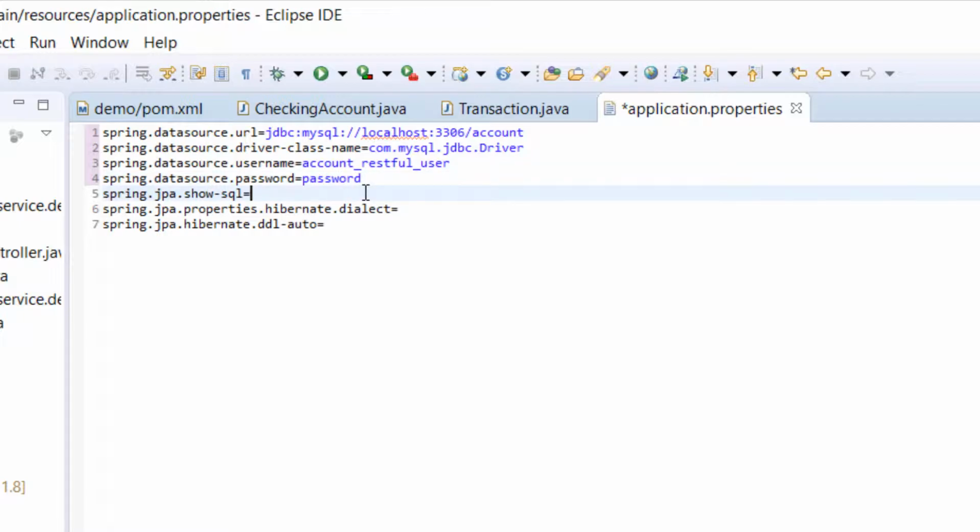Next, we will also set the show SQL property to true so that the JPA will display the native SQL statements in the Eclipse execution console. The next two properties are more specifically for Hibernate. The first one is Hibernate dialect. There are mainly three MySQL database engine types, and the most commonly used one is called InnoDB, which is meant to be used for any MySQL schema that needs to support a transaction. We will use this engine, and the value of this property will be